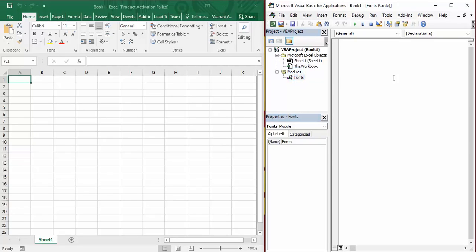Now once you click on Fonts in the code pane, you have to write a sub procedure first of all. So write Sub and the name of the macro. The name of my macro is going to be Fonts underscore APP, signifying appearance, and then open and close parenthesis and press enter to make sure that VB recognizes this as a sub procedure. Now once this has been written, all you have to do is add some code to it so that it